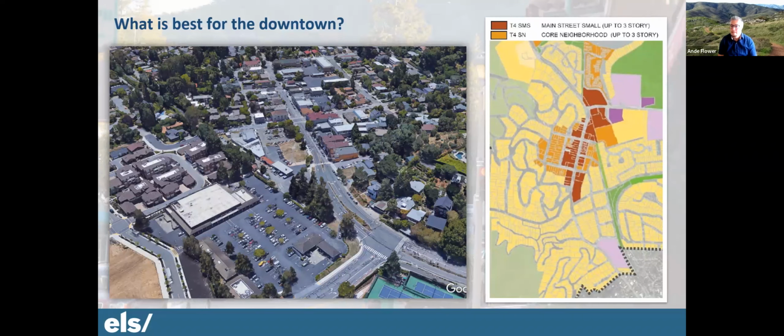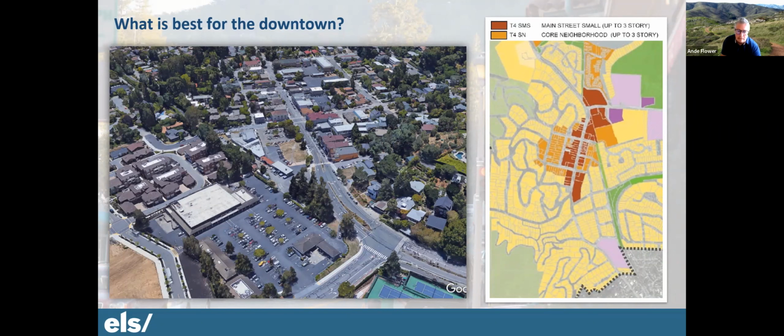If I can start, Ryan. Yeah, go ahead, Andy. I do want to point out that it's been advised through our team that we keep the downtown area for the most part outside of the opportunity sites map that we'll be using with our housing element, and that's for several reasons. One of them is that the sites are very narrow. We don't want to encourage consolidation of lots, in that we don't want to lose that downtown character that exists.